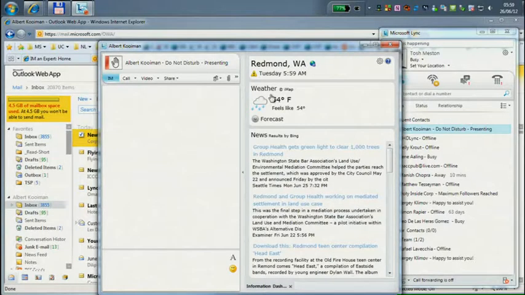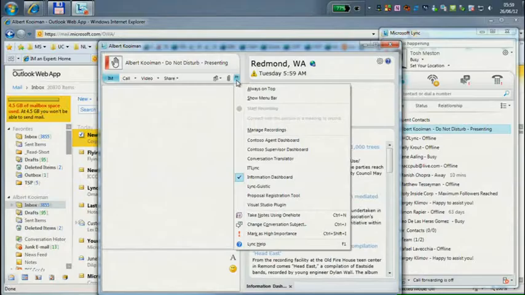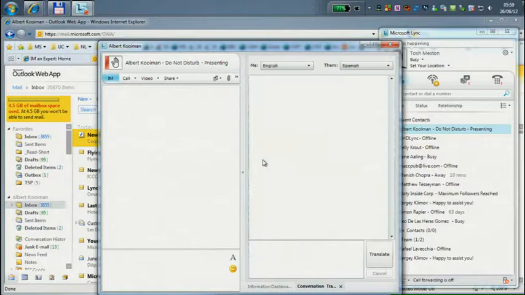But the one thing I wanted to show you, where it's more useful because you're doing something programmatically with the conversation that is going on in Lync, is the conversation translator. That's also one of those mini apps that we have built into Lync that you can install. What you see here is that I am speaking English and they are speaking Spanish.